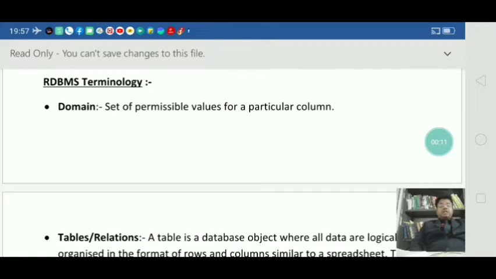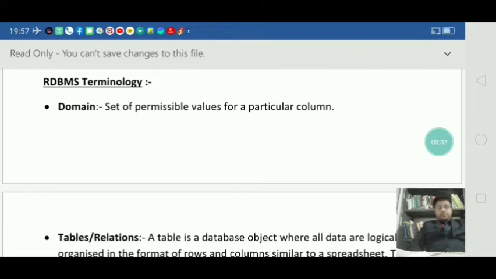So students, in the last video lecture, we discussed databases, what is DBMS and RDBMS, along with the advantages of DBMS.